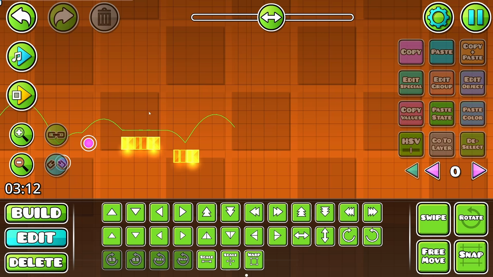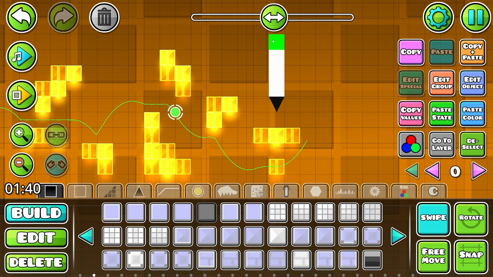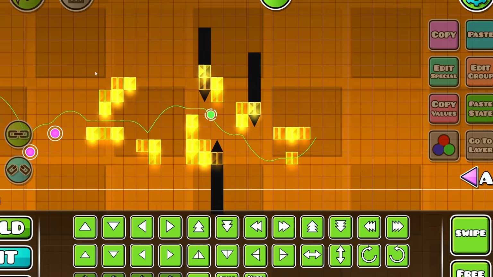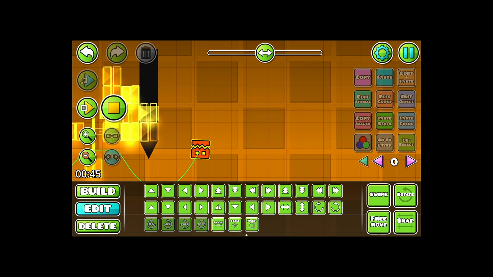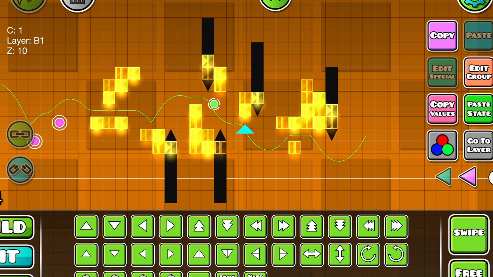We just have these blocks kind of appearing in front of us. I want to underlay some gray spikes as well. Let's just put this on B4. We could just do huge blocks. So there we have some more interesting looking structures just to sit underneath, just so you get more of an idea of where to go. Yes, this is sick. I'm gonna try my best to put jump indicators,